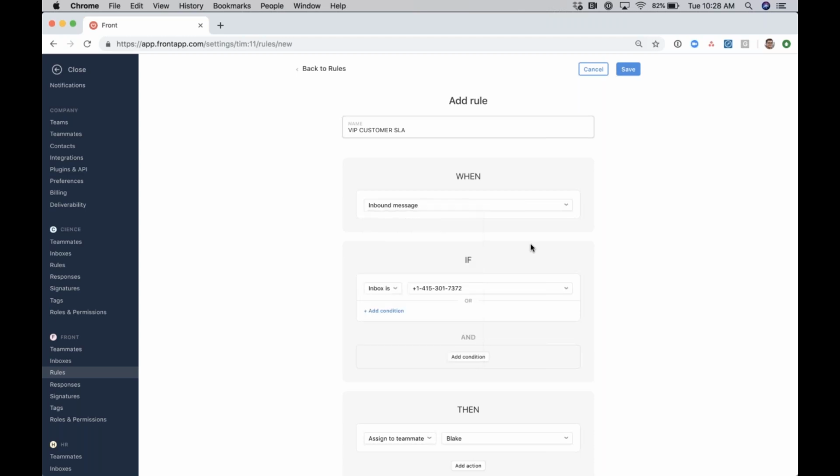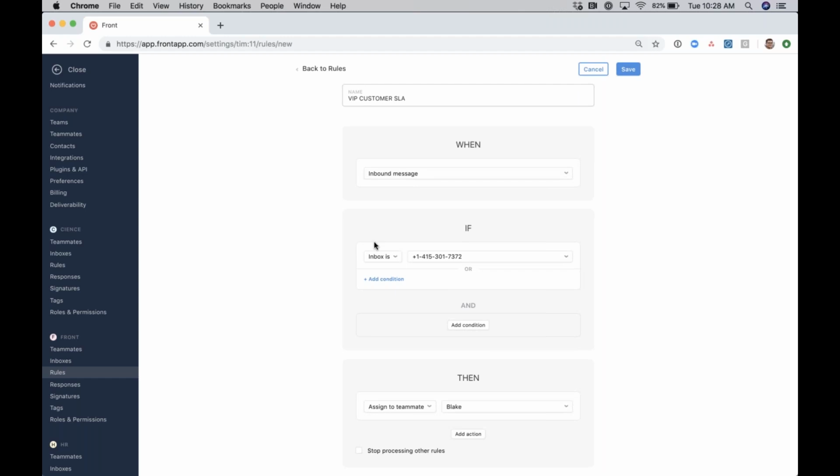If this happens, then do that action. So just walk through it logically, think through it. I recommend starting slow and building on these rules over time. So we're gonna say when an inbound message comes in, and if the inbox is, I like that, support tier 1,